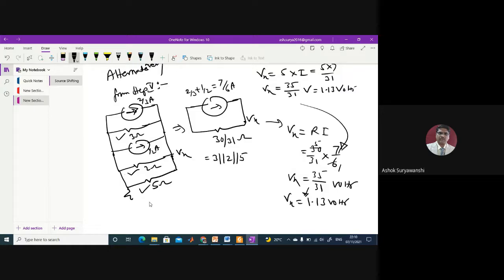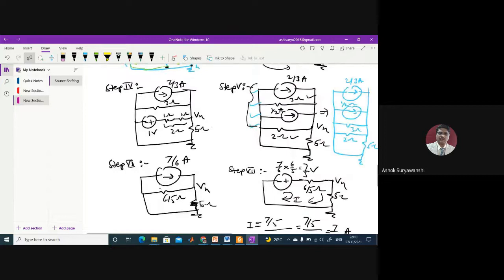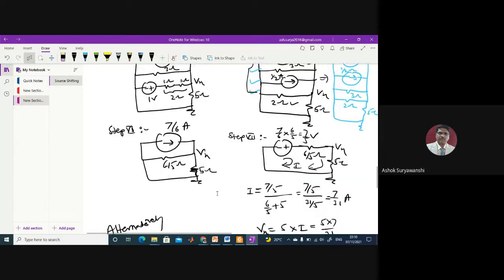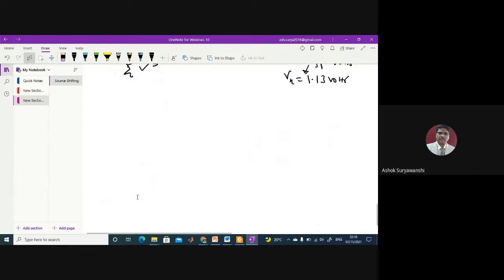So you can use any one approach here, no problem. This approach is also okay, that approach is also okay. Here more transformations are done, here fewer transformations are done. So you can solve the problems likewise. Through this problem you might have understood how to shift the voltage source, how to use source transformation, voltage to current and current to voltage, how to simplify the circuit, and how to find the required quantity. Now let us take another numerical to understand current source shifting, right?